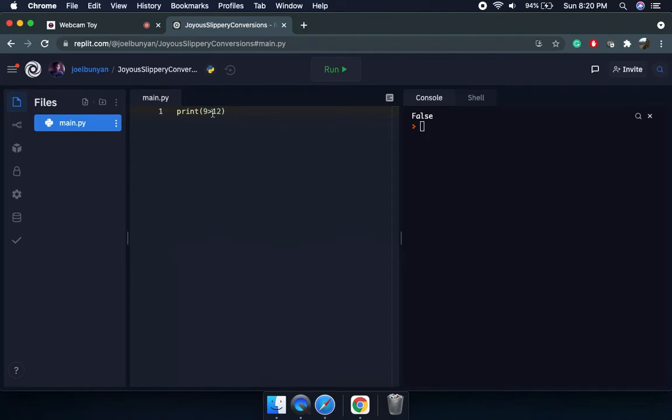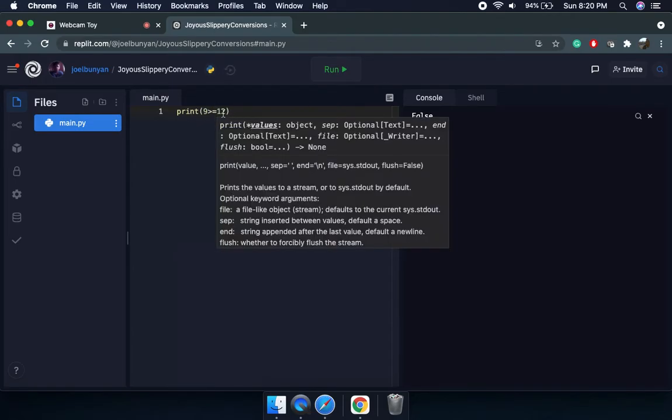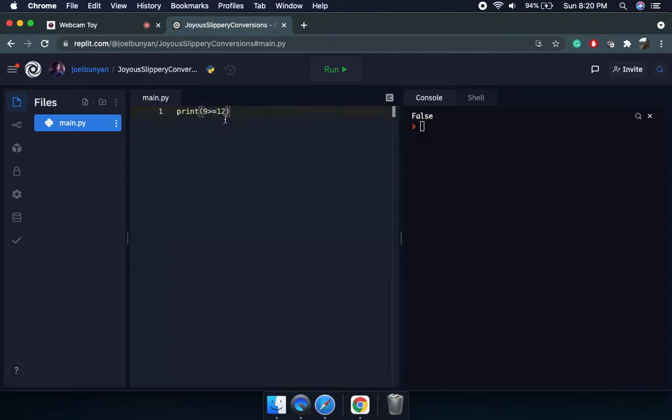We also have 9 is less than or equal to 12. Here it is saying 9 is less than 12 or 9 is equal to 12, right?